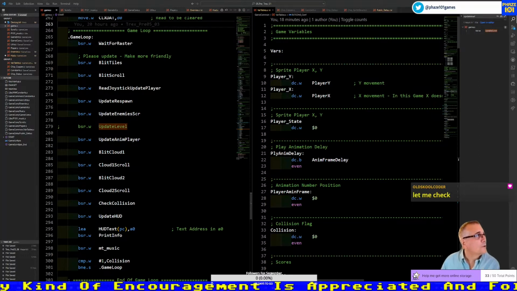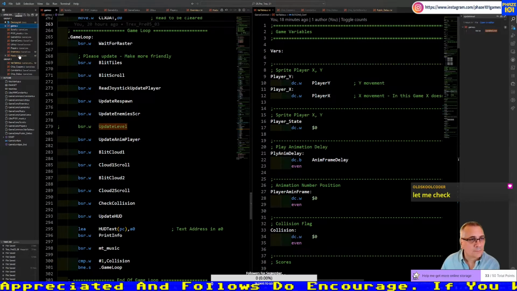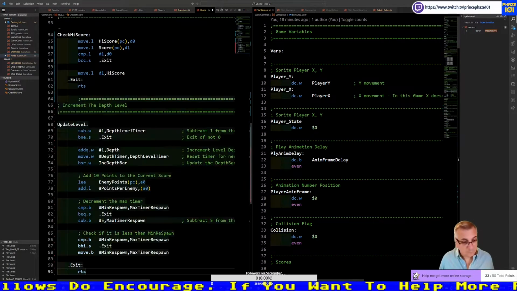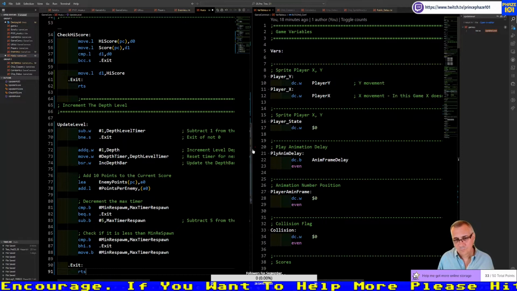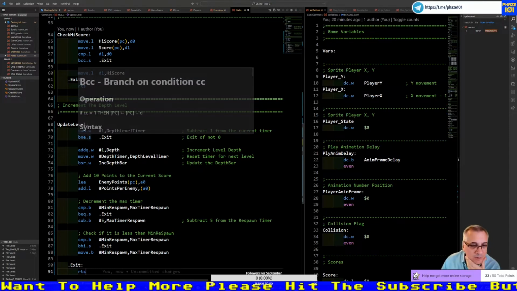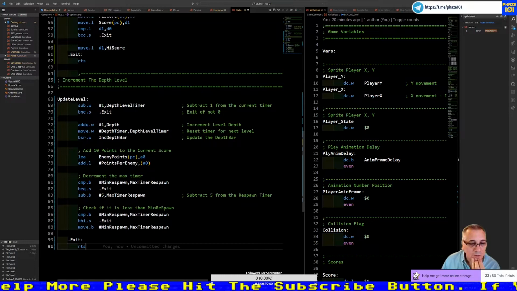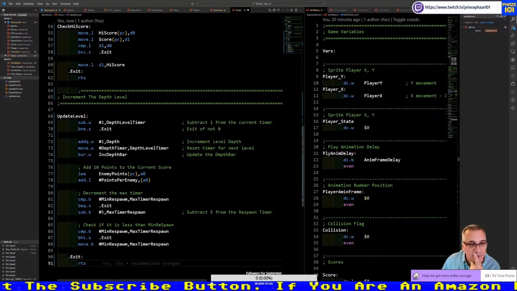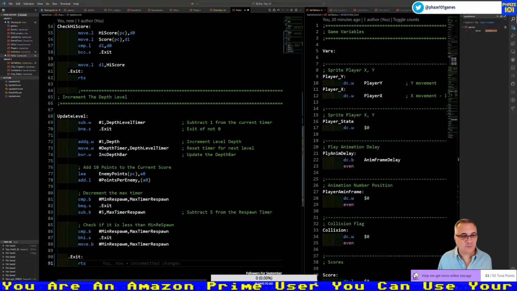It was in HUD. Okay. So HUD. So of course most of these are not valid, but what needs to happen in my case, because I actually already wrote the routine. So instead of depth level timer,